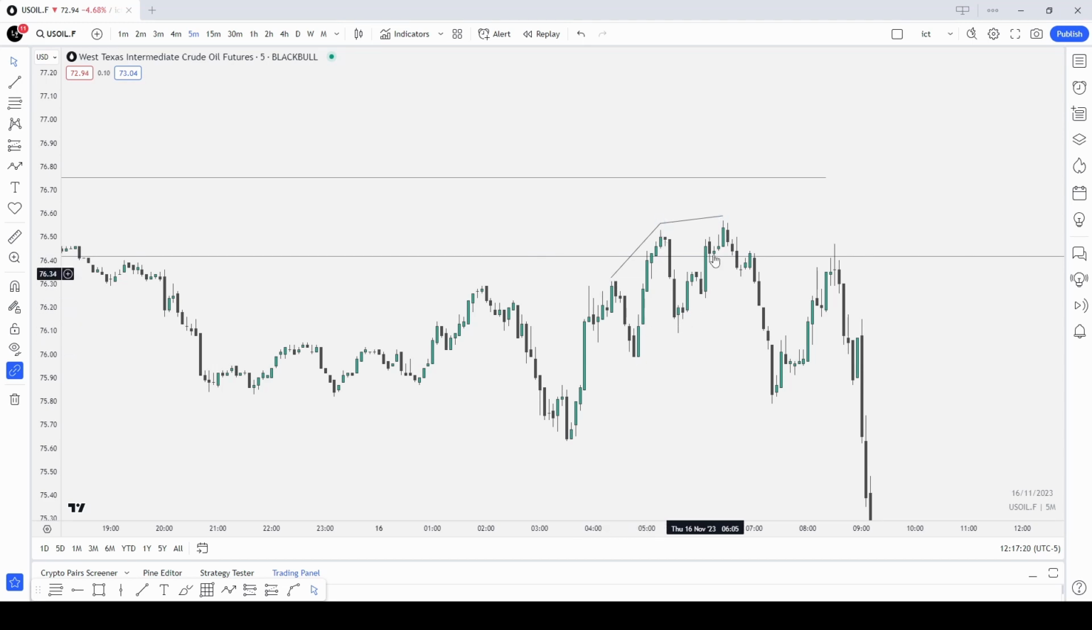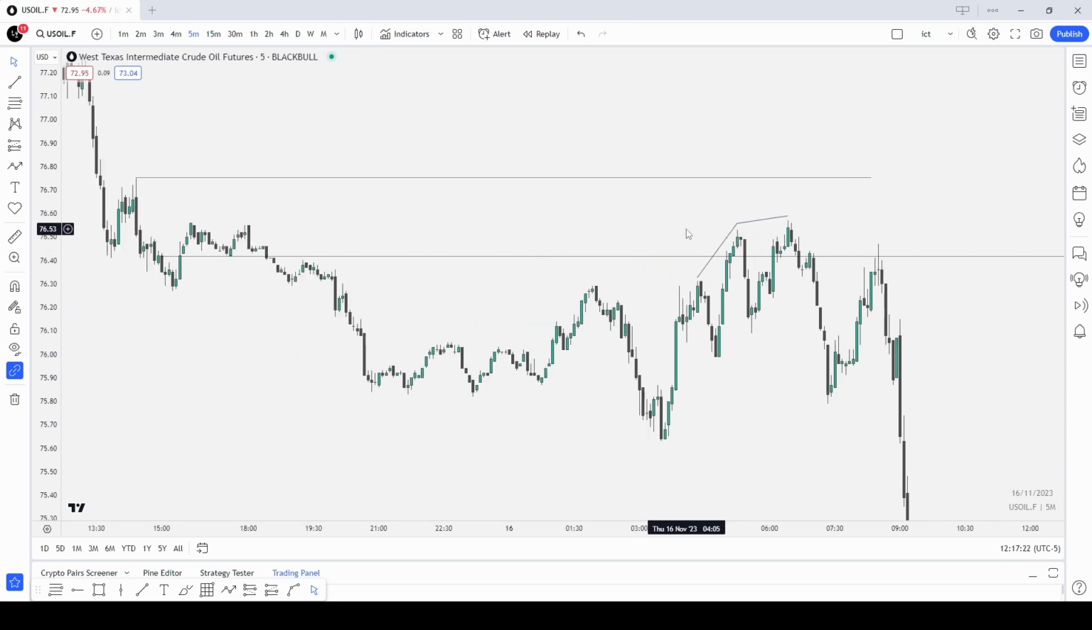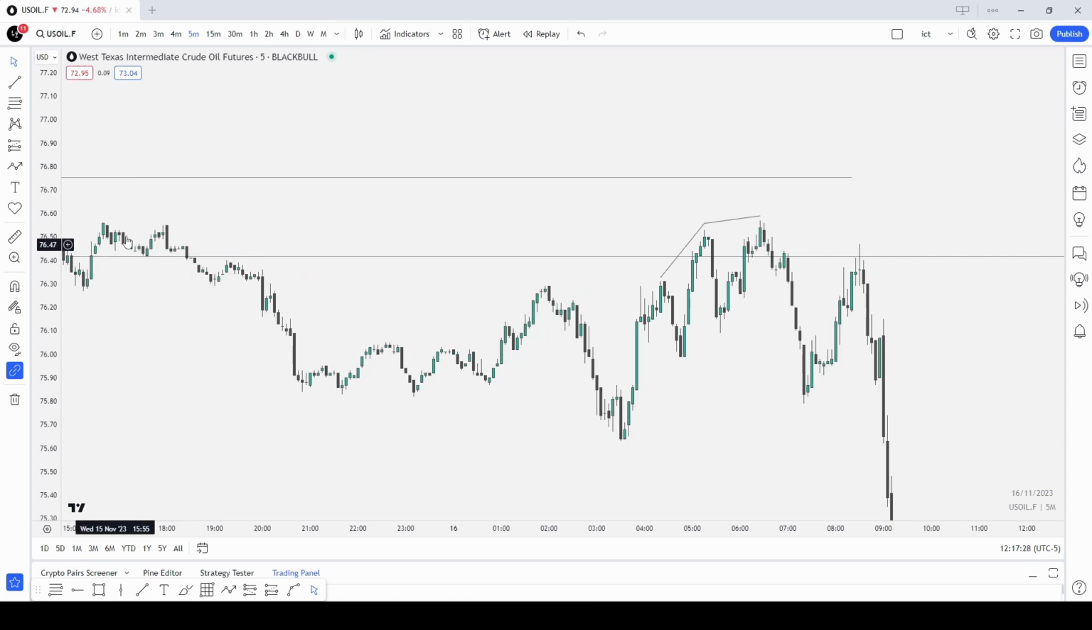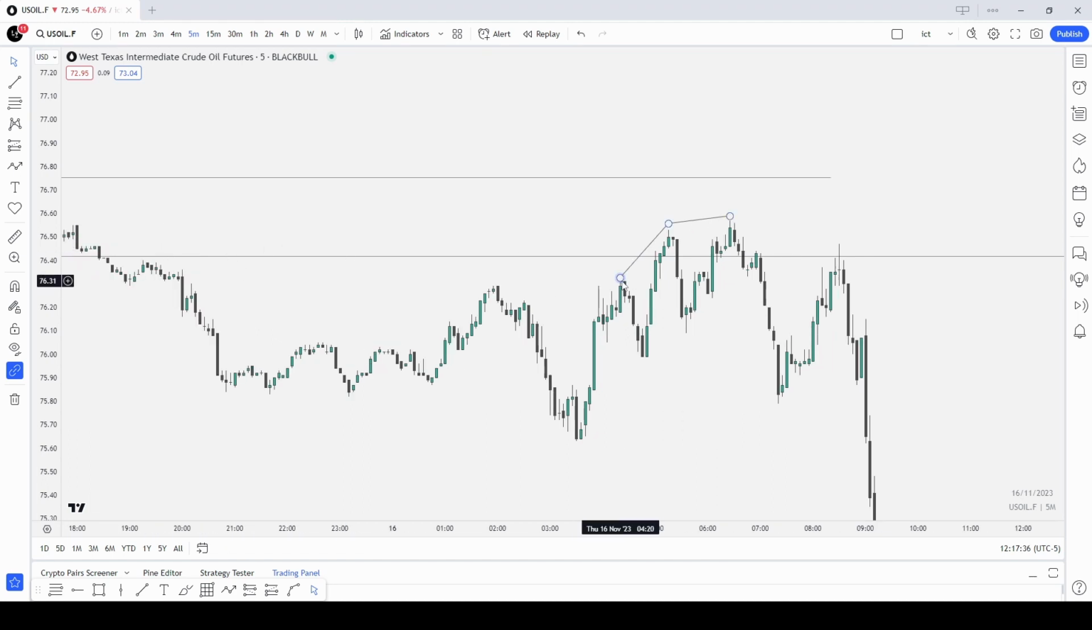This right here is our 3-drive pattern. Now the 3-drive pattern is best used when we trade into a PD array we're expecting to hold. In this case, we traded into the hourly order block. We had the first drive towards it, a retracement, the second drive into it, a retracement, and at this point,